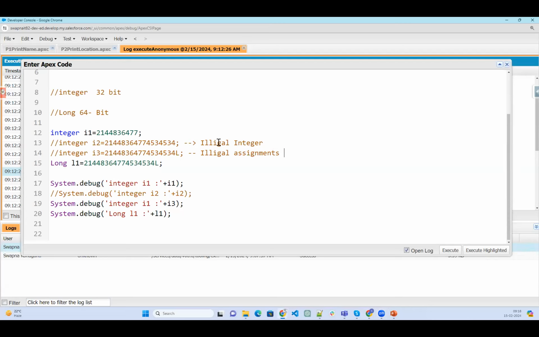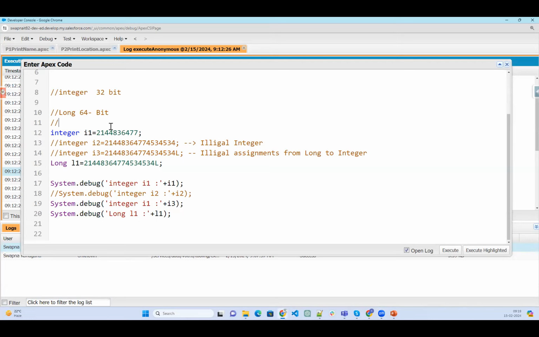The first one is illegal integer and the next one is illegal assignment from long to integer. So we need to add a comment. Whenever we are writing code, always remember to add a comment. One of the best practices of coding is adding comments.